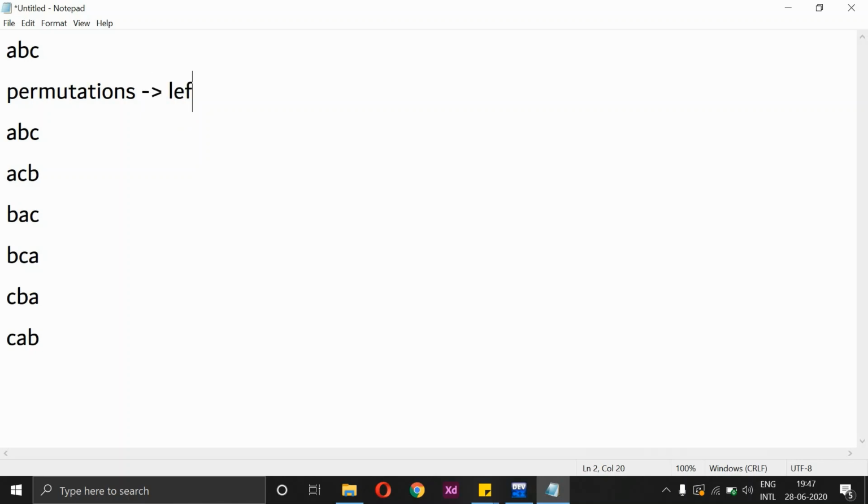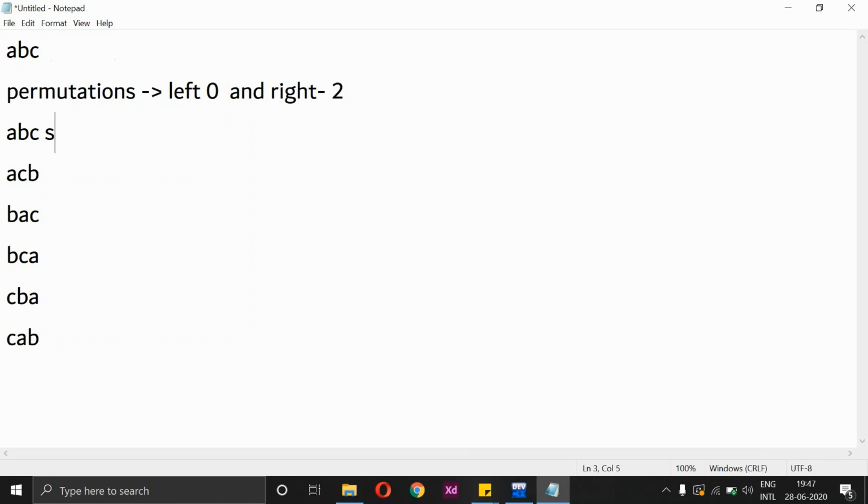Here I'll have two variables called left and right. In left, I'll start with the starting index value, and in right I'll have the ending index value. For example, here the index value will be 0 and the last index value is supposed to be 2, right? So I'll check whether 0 and 2 are the same. If left and right are the same, the condition is true, and I'll print the entire string.